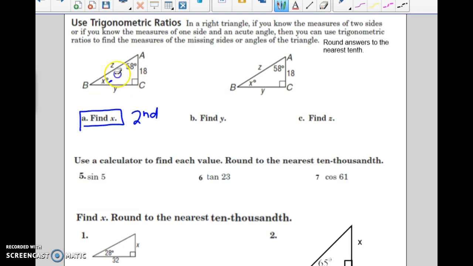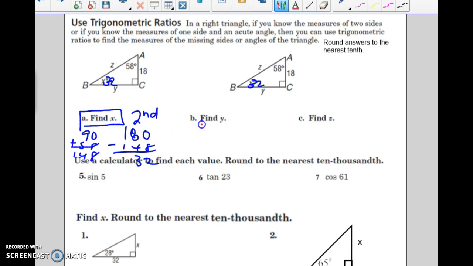Good. A triangle has a total of 180, and they've already given me two angles. They will not always give you two angles. But on this one they did, so 90 plus 58 is 148. So 180 minus the 148 leaves me with 32. So this angle right here is 32. Now, just for giggles, these both are exactly the same. So I'm going to write 32 up here. They're both the same, and so I wouldn't have to erase.